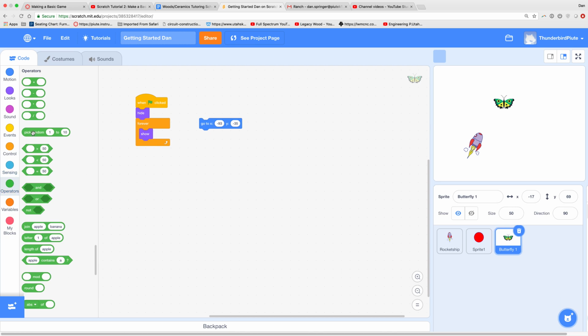So we're going to put a pick random on the X value. X is left and right. And the size of the screen is 255. So we want to go everywhere from the left side of the screen, which is negative 255, and the right side of the screen is positive 255, and everywhere in between. It's like a number line. 0 would be in the middle. Okay, so we're going to put negative 255 and then positive 255. Okay, so we're going to tell it to go there